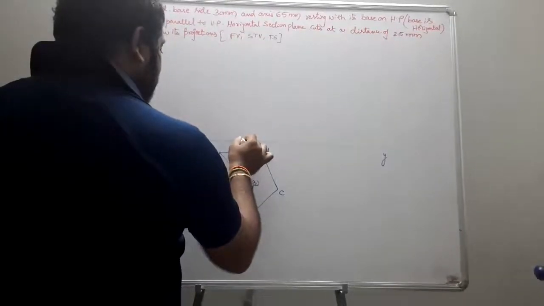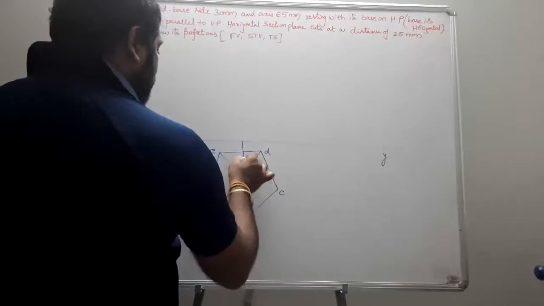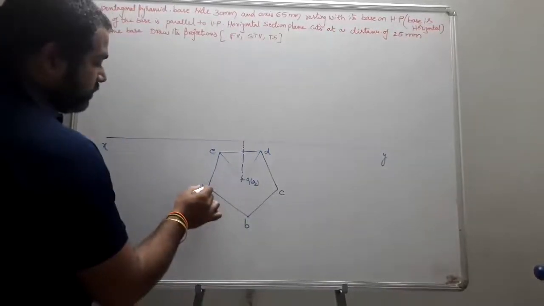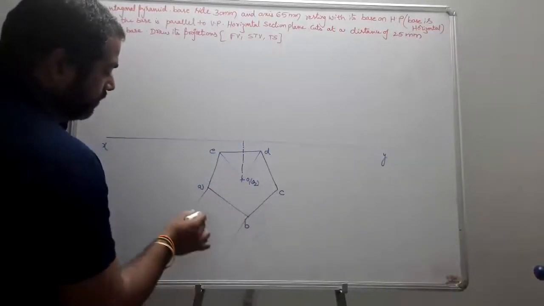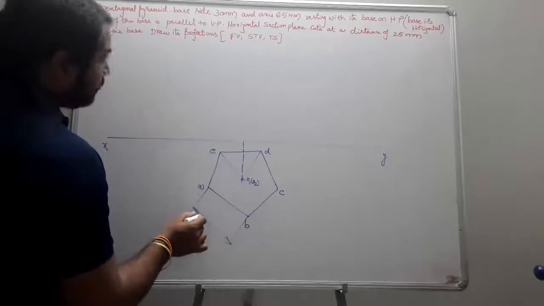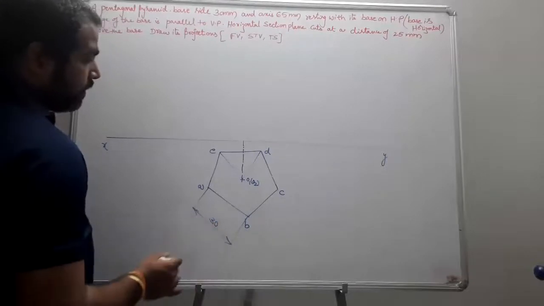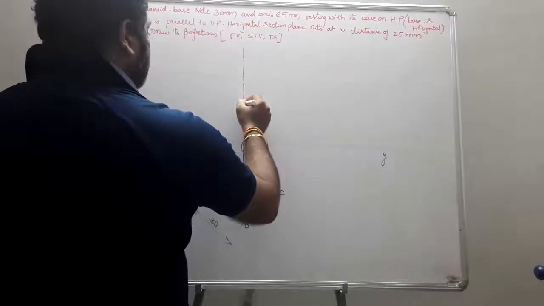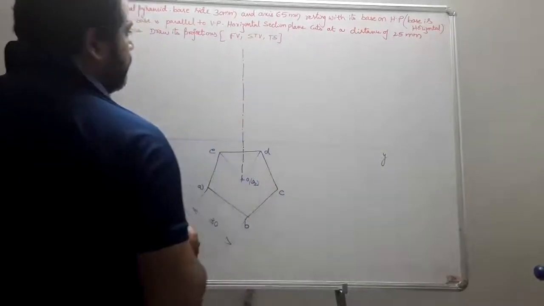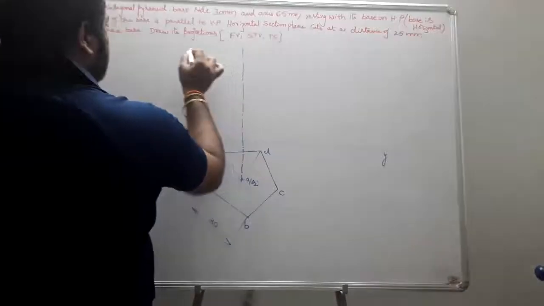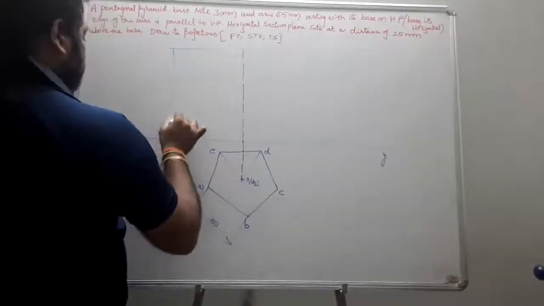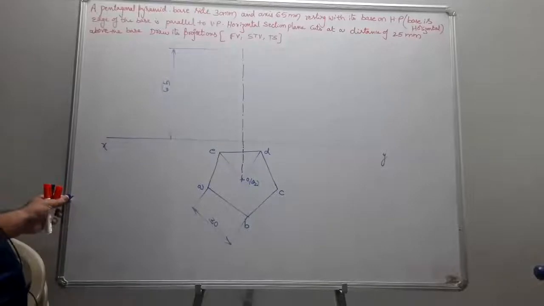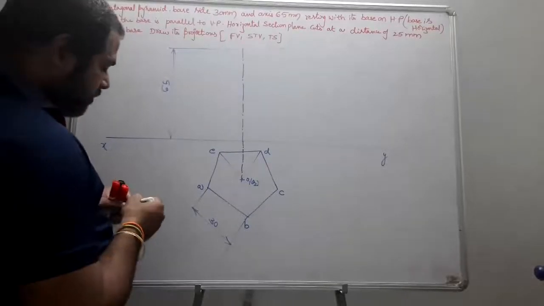So the height of the solid is given. What is given? Base side is given as 30, and the height of the solid is 65 mm. So this was 65. When you are supposed to see the front,